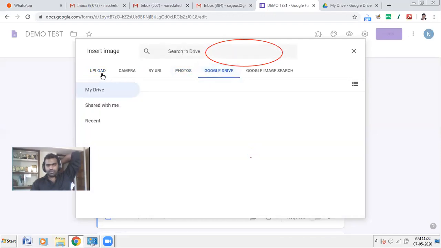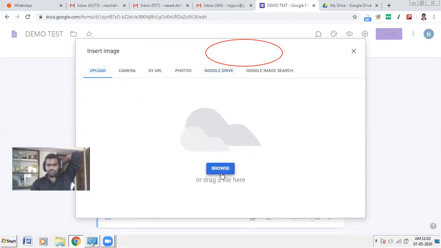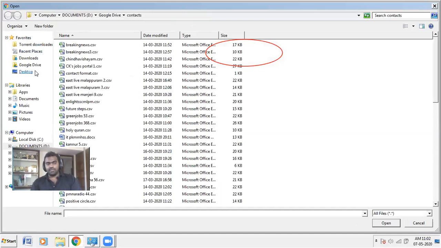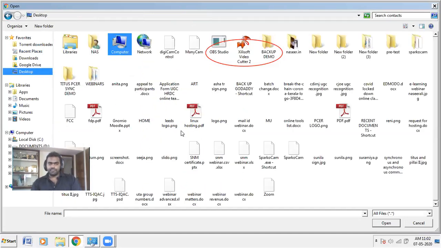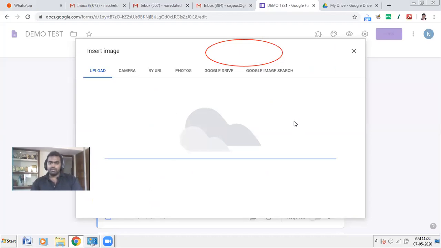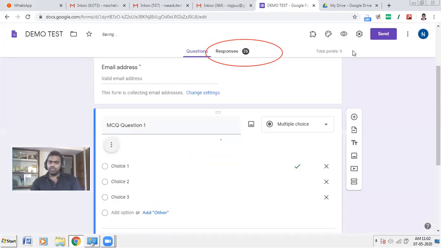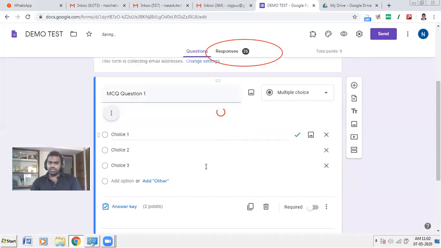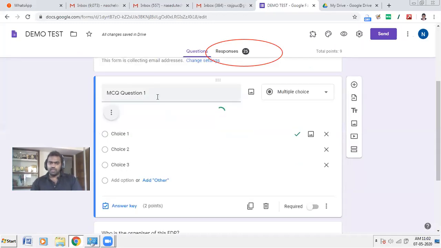Now I don't have a picture, so I'll add a logo and ask a question about it. The same way, equations or mathematical questions can be added as pictures.